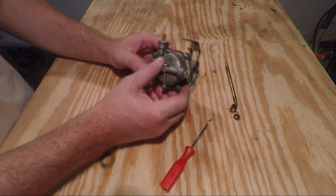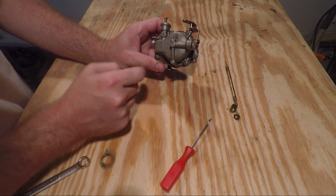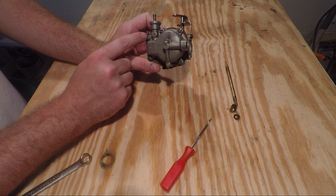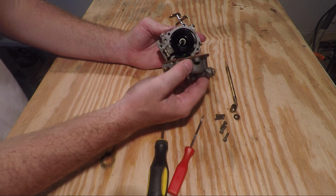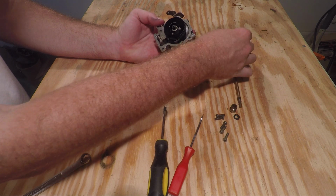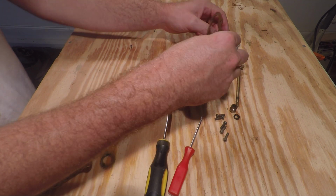Once you have the gaskets out, you want to take the bottom part off. There are 1, 2, 3, 4, 5 screws that hold the bottom bowl on. You want to remove those screws to remove the bowl. Once you have the screws removed, you can just simply remove the bowl and set it aside. Once the bowl's removed, you can remove the gasket off of the bowl,